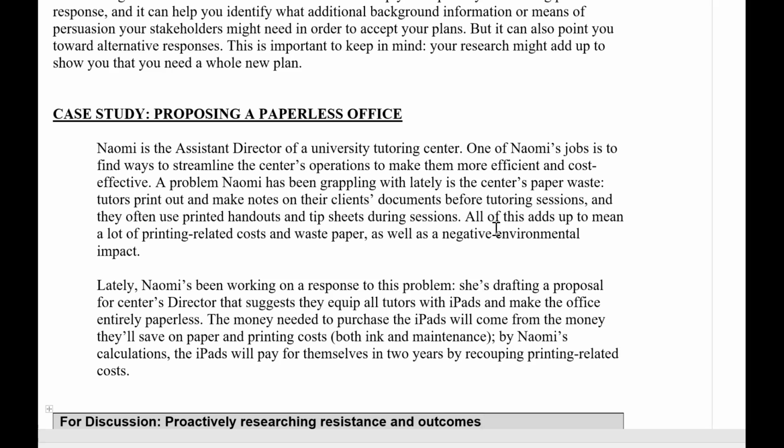We might want to construct an exercise that gives them 3 to 5 scenarios, like Naomi's scenario here, and says, think of all the reasons why this wouldn't work. And then maybe ask students, do you think it's even worth continuing? What should she do?